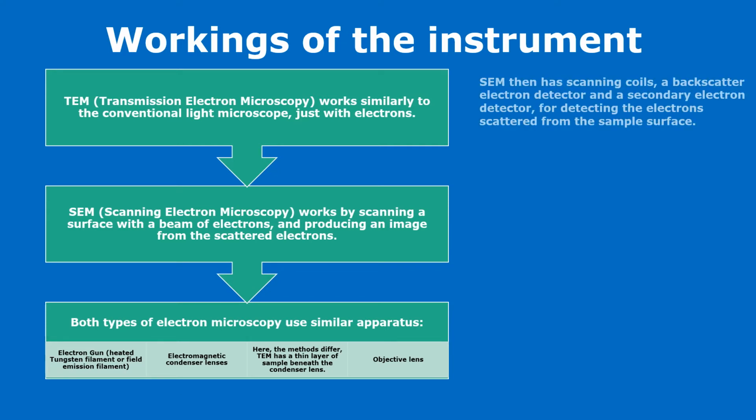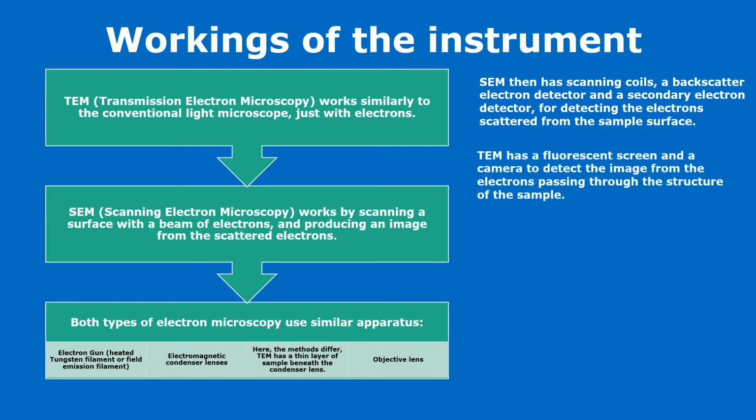In TEM, the sample comes next and the electron beam is fired through it before being picked up by the objective lens before hitting a fluorescent screen and camera to produce an image. In SEM, the electron beam passes through some coils, then to the sample, with two detectors to detect the electrons that are scattered from the surface of the sample. From this data, images are generated,